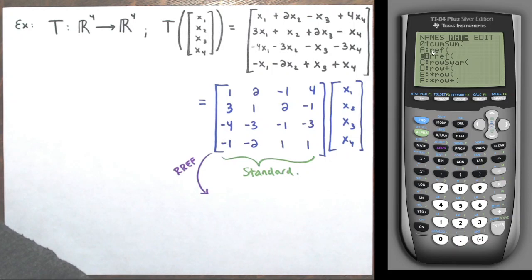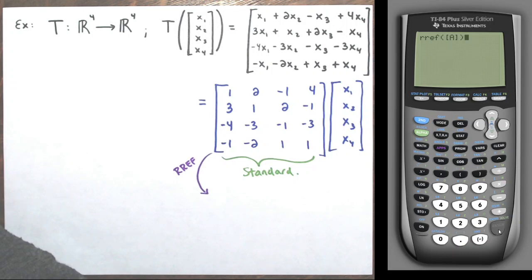REF is plain row echelon form. I want reduced. It really doesn't matter, but I prefer reduced here. So I hit enter there, RREF, and then what matrix? I go back to the matrix menu and enter matrix A, the 4 by 4 matrix I just entered,